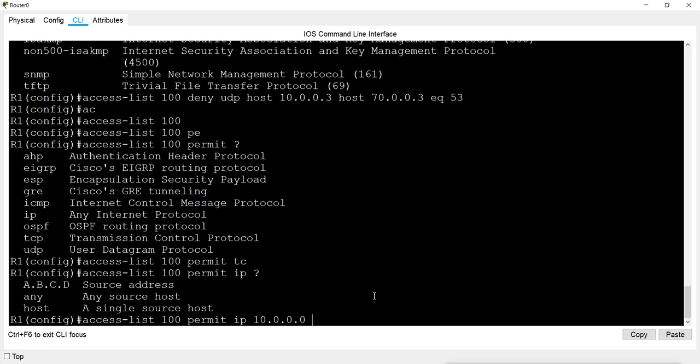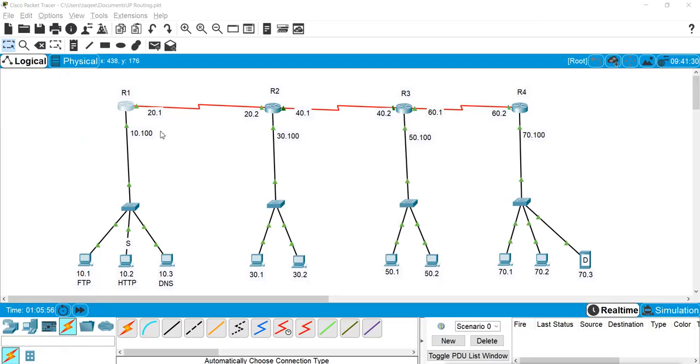Now there is one more thing here. If you see where I am applying the list, I am applying the list on this interface. Now what that means is, in this interface nobody can get in, only this network's IPs can get in.